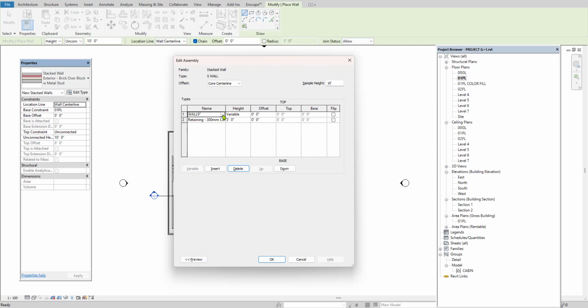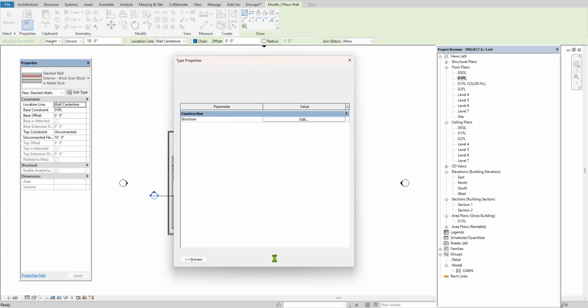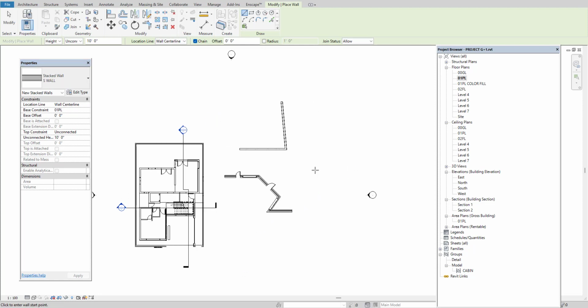Before stacking a number of walls, you should be ready with the walls which you want to stack. Prepare these walls using the basic wall, and only then will you get the options to add them in the stack wall. Click on the OK option and then draw however you want.